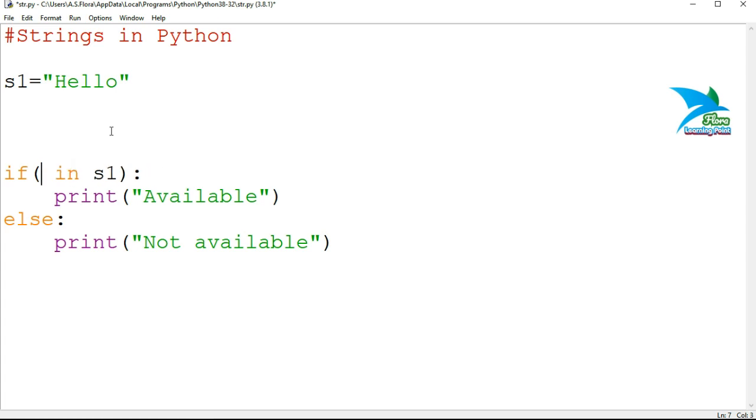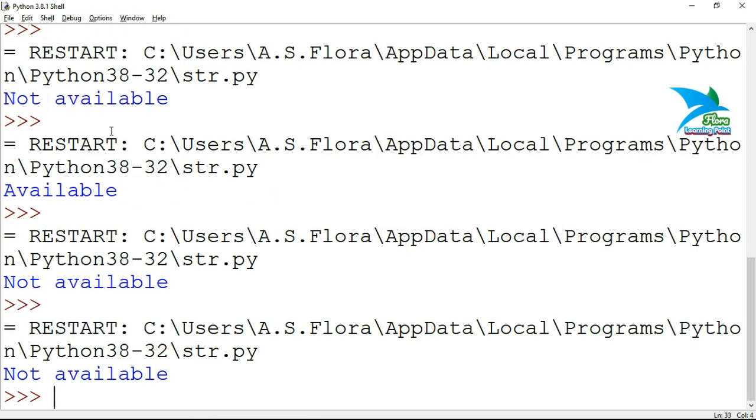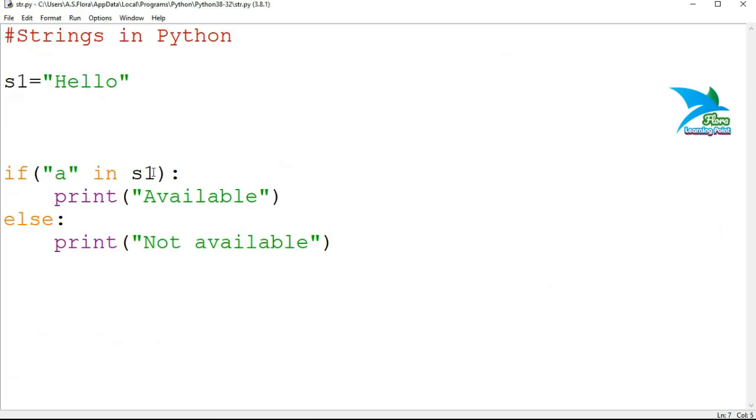Or if I write LOL, then it will return false, because this particular substring is not available as it is inside that string. You can also directly write here whatever you want to search, like directly inside double quotes I will write A. I want to search A from s1, then the result will be not available.